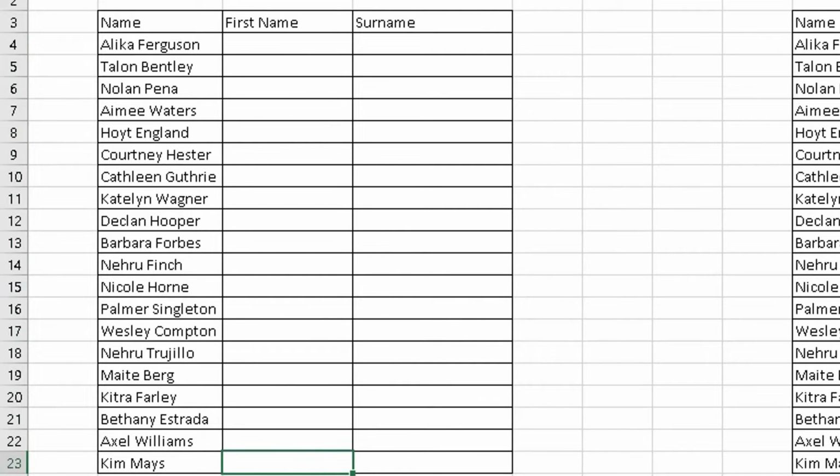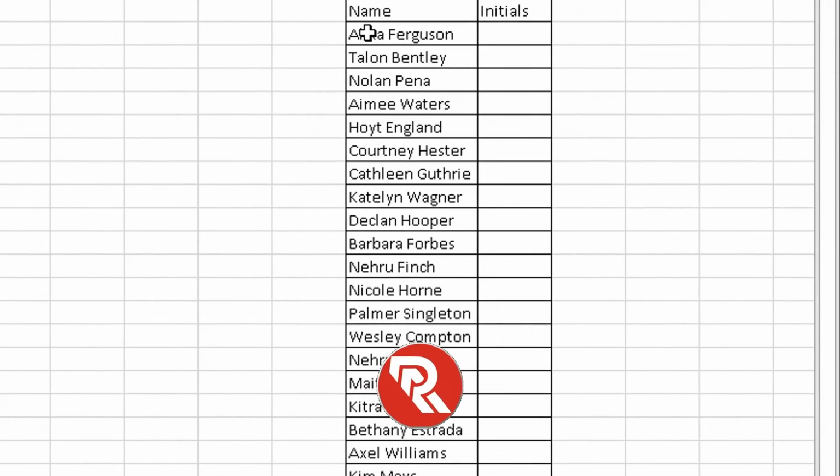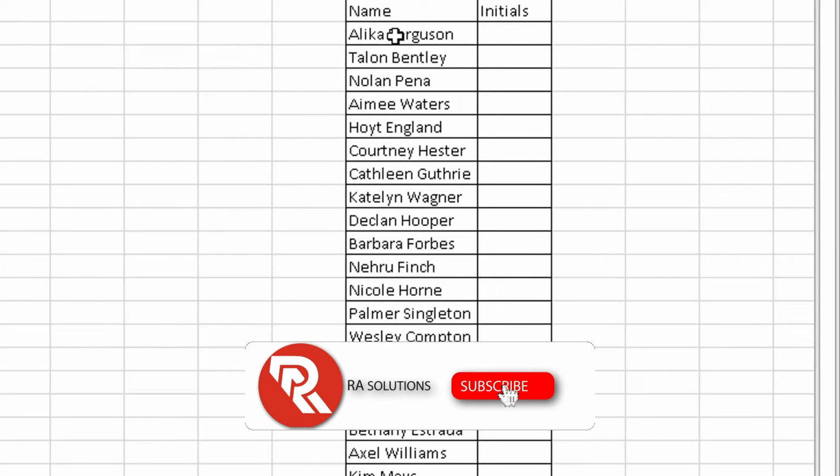flash fill. In the second example here, I'm going to convert the name into a conventional professional email address and make sure that's the same throughout using the same conventions very quickly. And the third one is extract the initials from the first name and surname, and just have the initials here